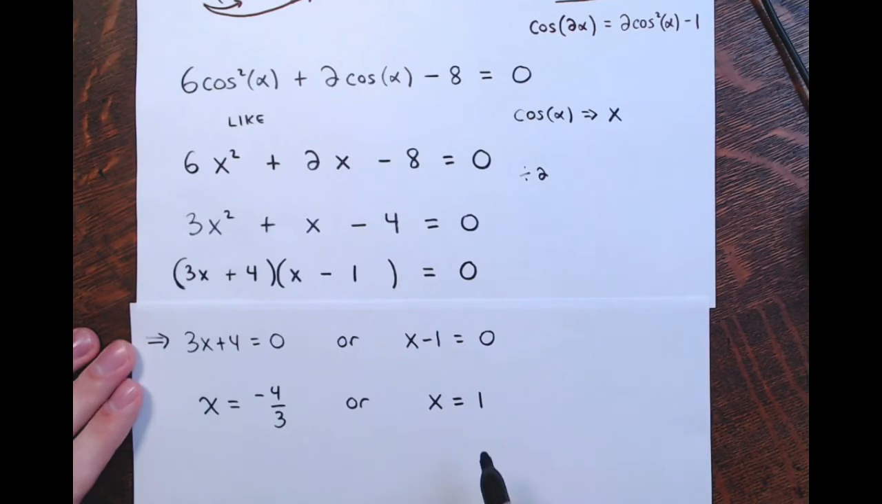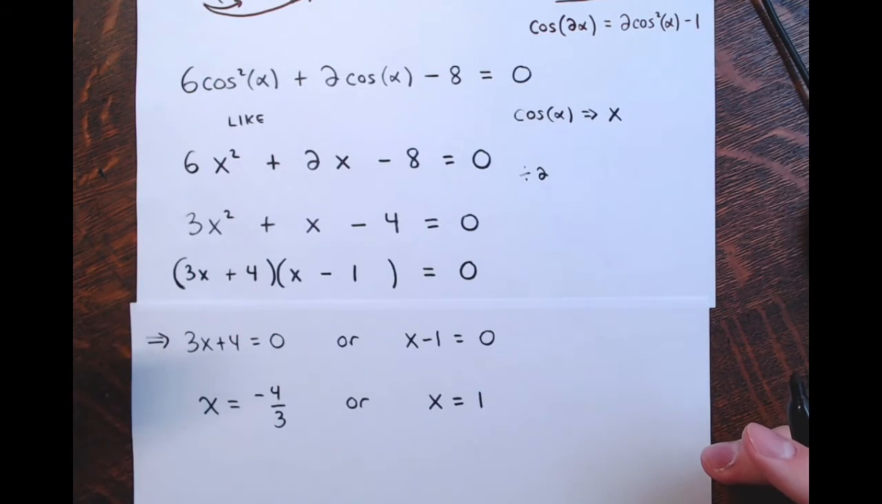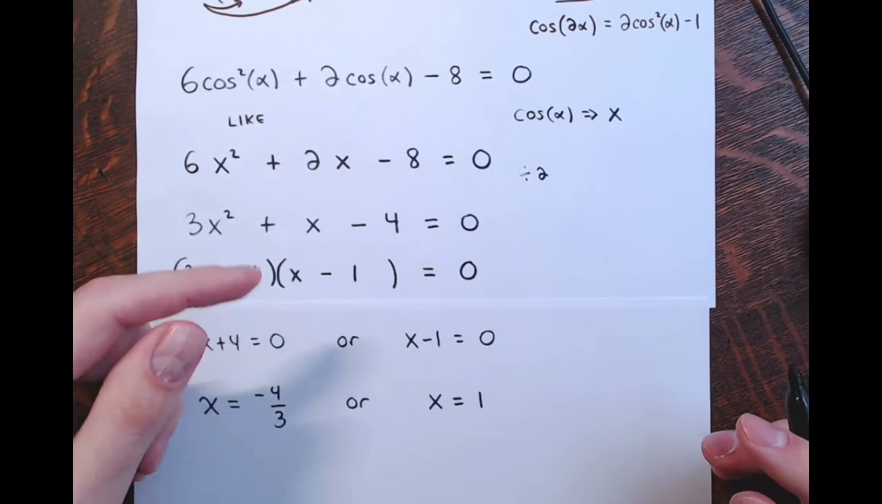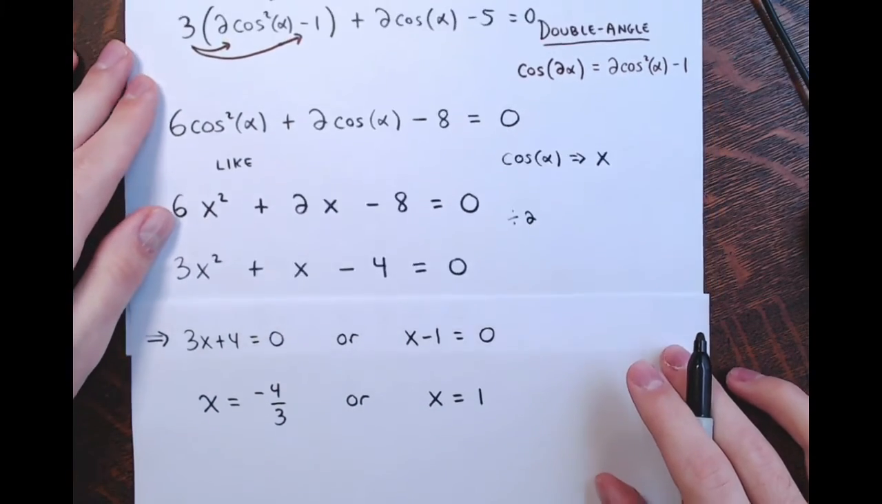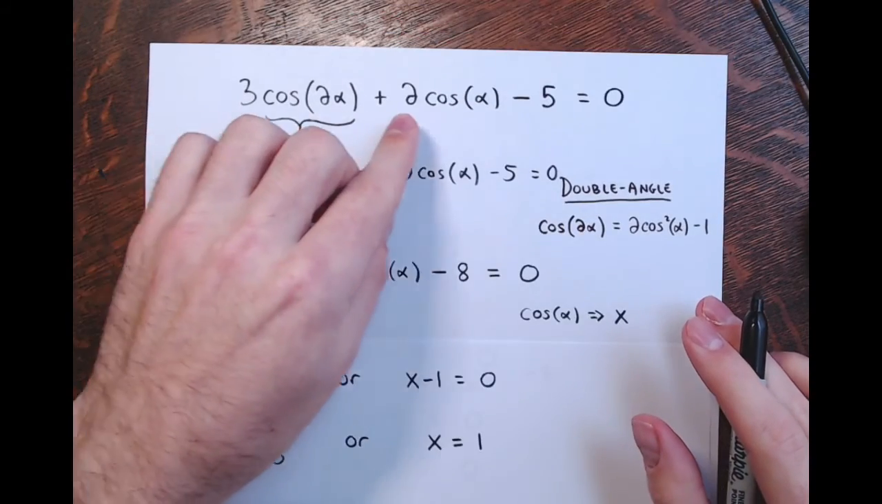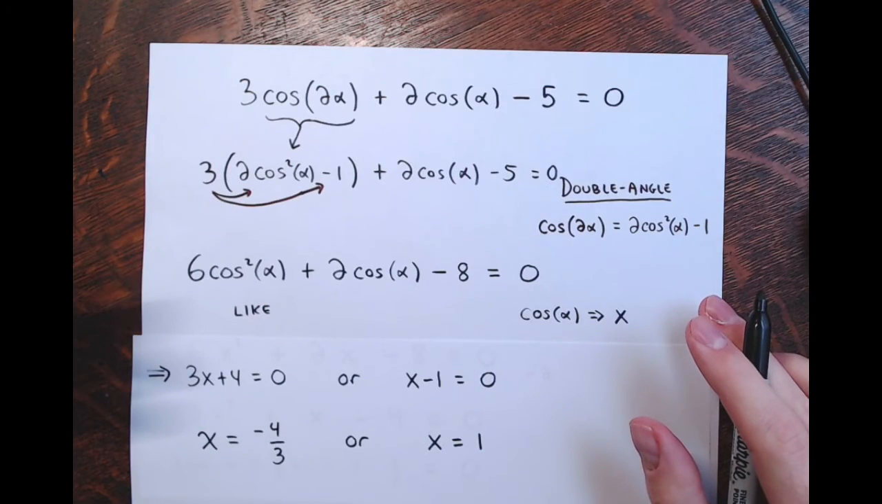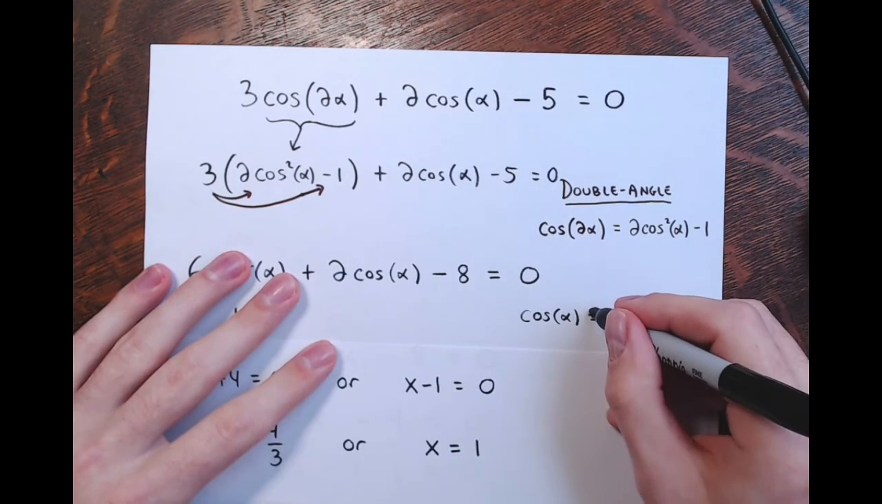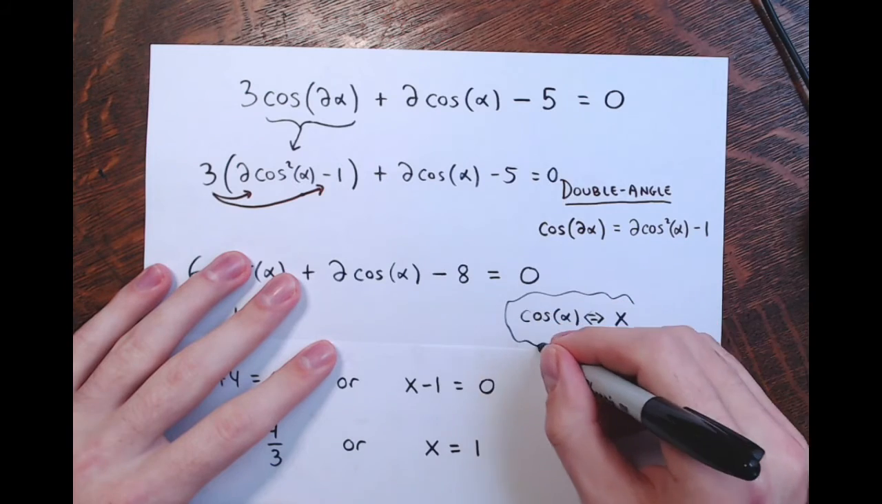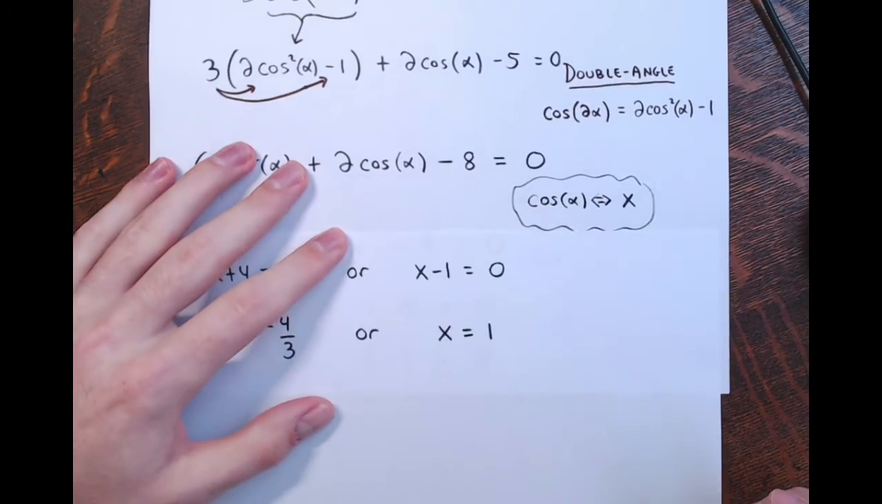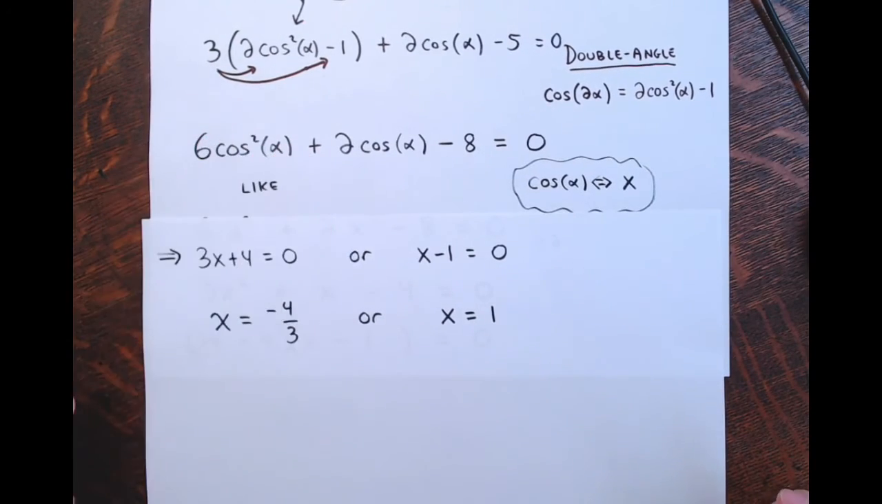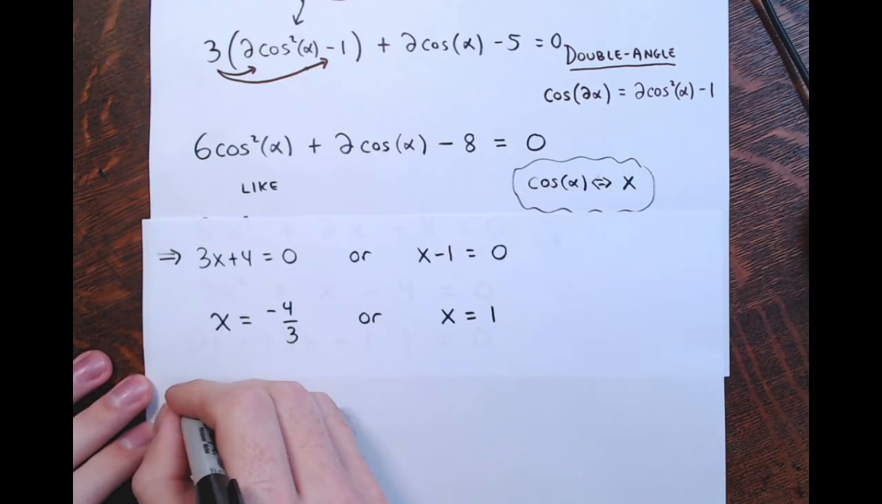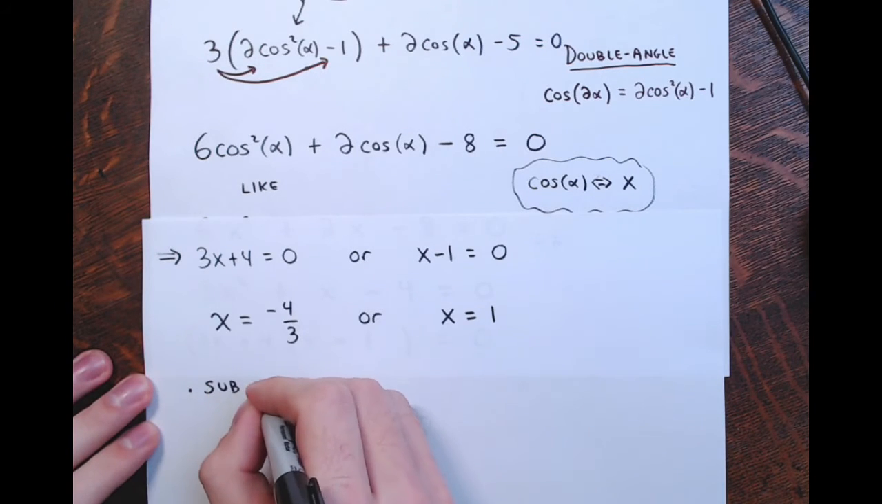Now, again, this isn't the end. I'm not solving for x. I'm trying to solve for alpha. My original equation had alpha in it, so this is where I'm going to substitute back. Everywhere I see an x, x was replacing the cosine of alpha. So now I substitute, I'll just say sub back,